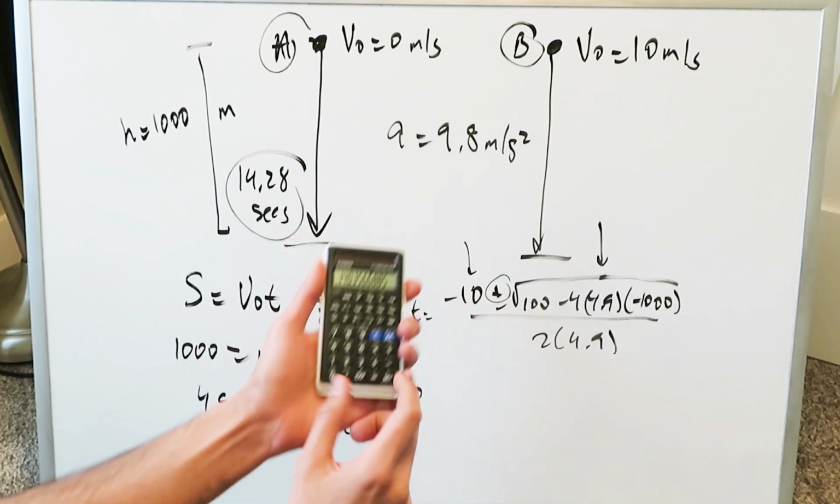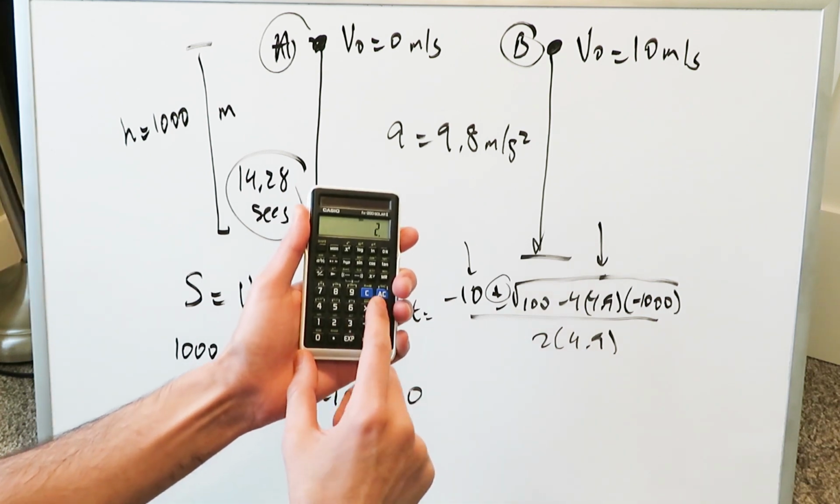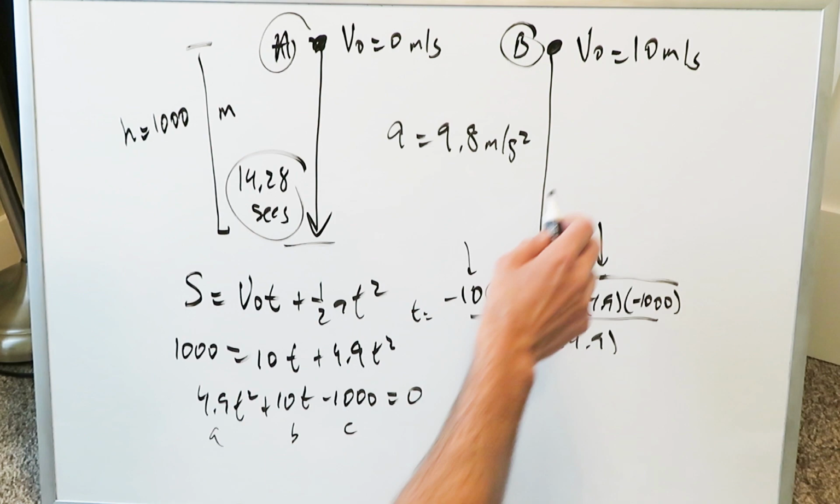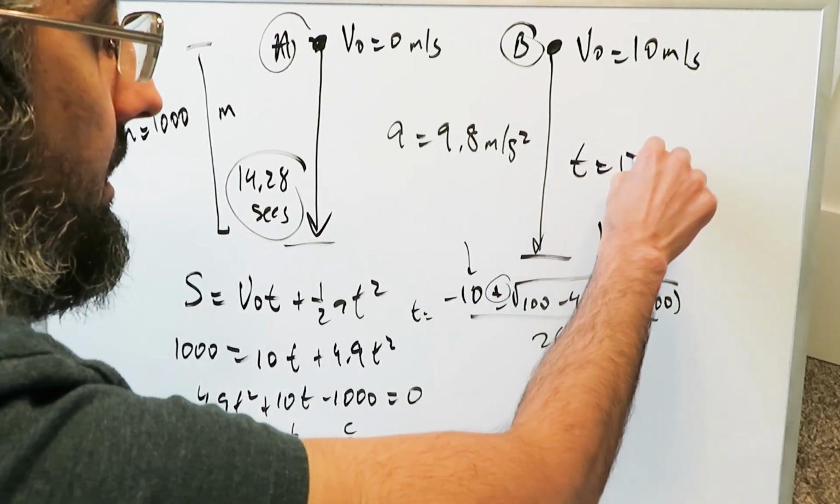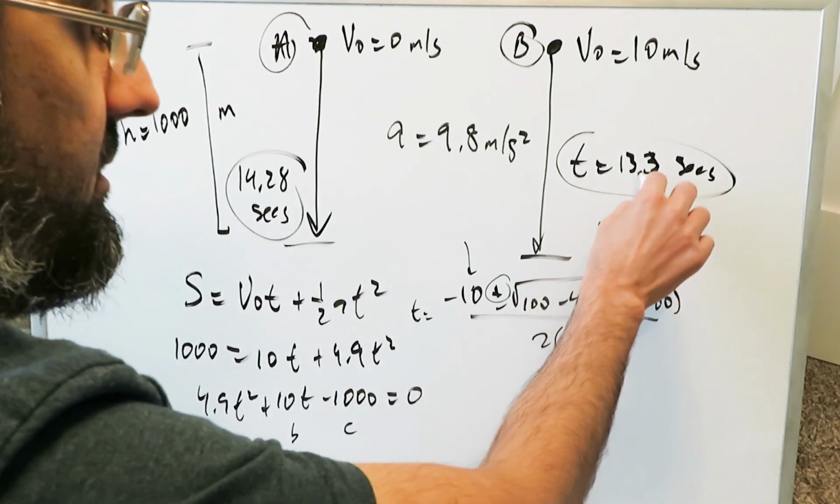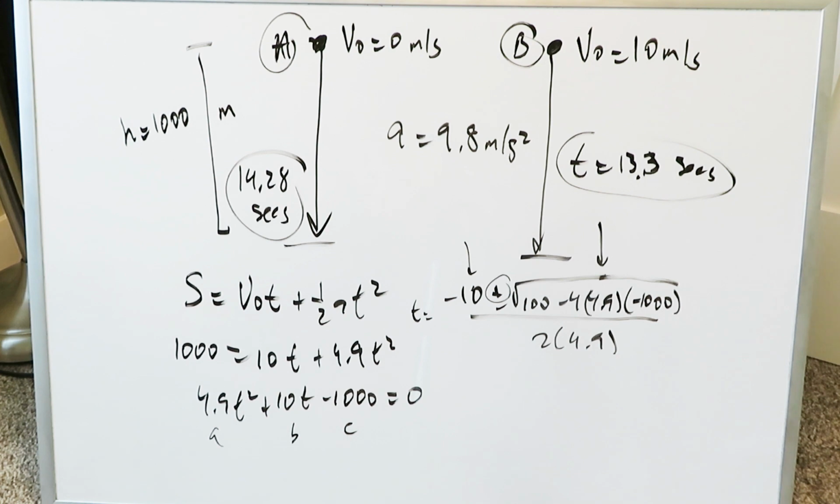I'm going to add it to minus 10. Minus 10 divided by 2 divided by 4.9. I have a time here of 13.3 seconds. The time here is 13.3 seconds. Granted, it's not much of a difference. Of course, as your height increases, the time difference will increase, but the time difference will never increase as much